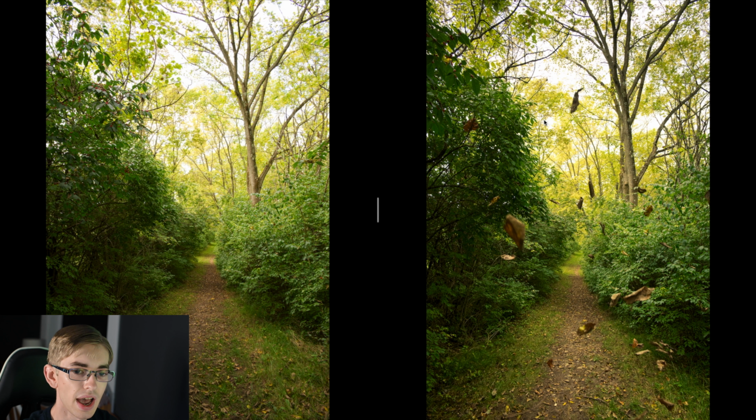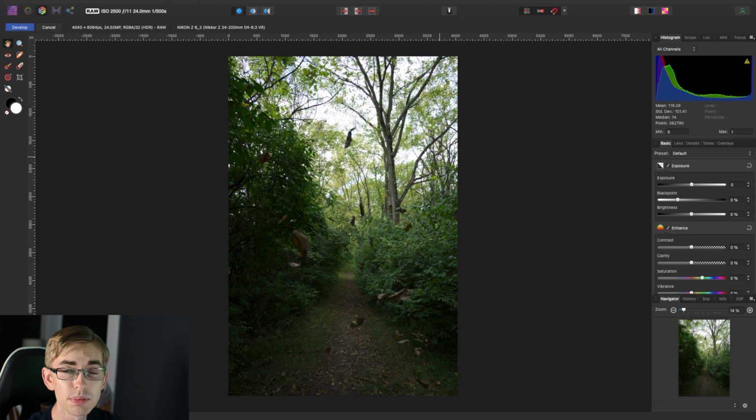So let's take a look at how I actually accomplished that. I just have this open in Affinity Photo, which is what I use for all of my photo editing. But again, you can do these kinds of edits in lots of different photo editors. You're going to find these same tools everywhere. They're going to work the same everywhere you look at them. And the main things that we're going to look at today are real simple.